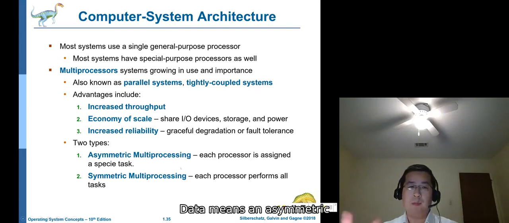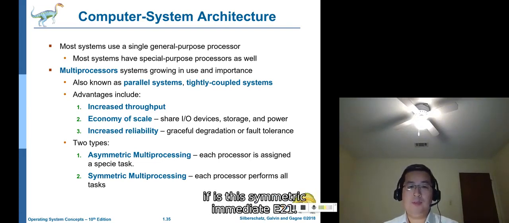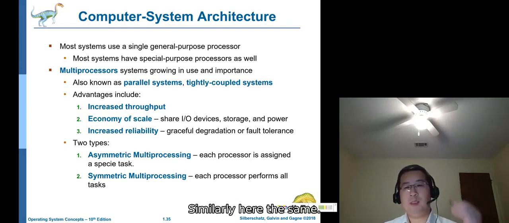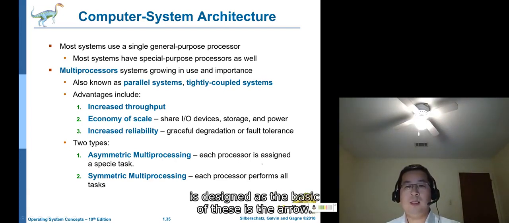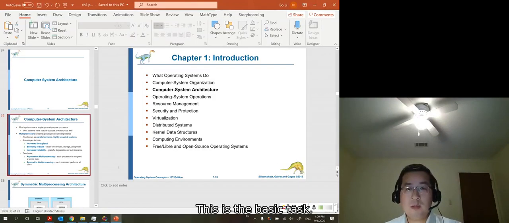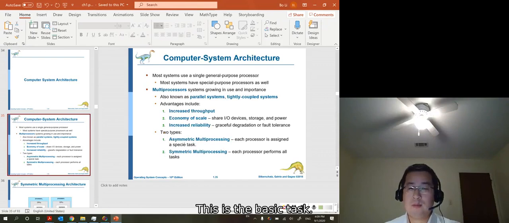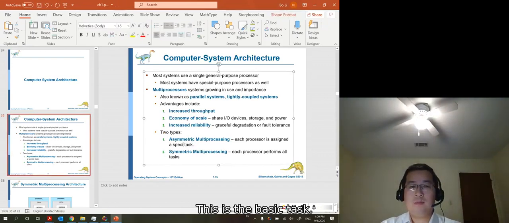If it's symmetric, it means each one behaves similarly. Same. So this is the difference. Okay, if it's asymmetric, each processor is assigned a specific task. Okay,